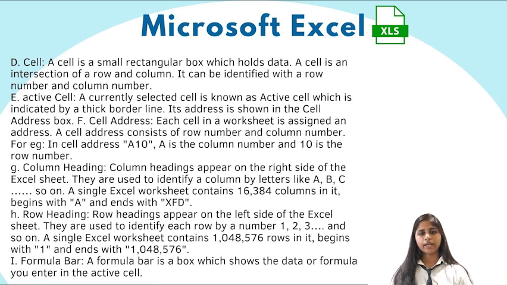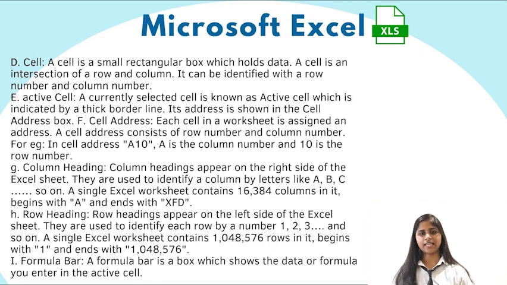Now coming to the row headings. They appear on the left side of the Excel sheet. They are used to identify each row by a number 1, 2, 3 and so on. A single Excel worksheet contains 1,048,576 rows in it. It begins with 1 and ends with 1,048,576. Coming to the formula bar, it is a box which shows the data or a formula you enter